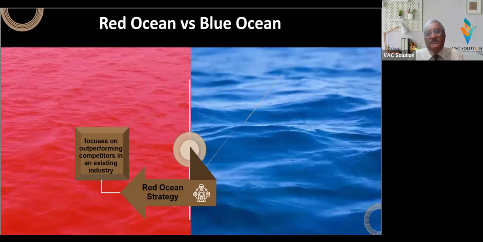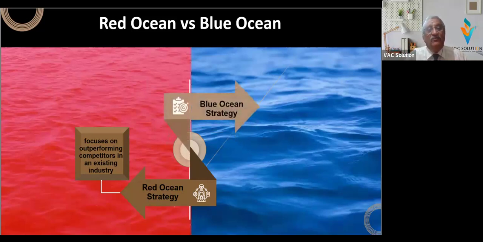Sometimes what happens is you reach the top of your particular ladder and then you don't know how to move further up. Supposing you are in customer service, you may become the head of customer service. If you are in training, you become the head of training. If you are in sales, you become the head of sales. If you are in accounts, you become the head of accounts. Then what? How do you scale yourself up into VP, president, board of directors, get into general management, and in the process start running the company as a CEO? That is where your Blue Ocean strategy will come in very helpful.